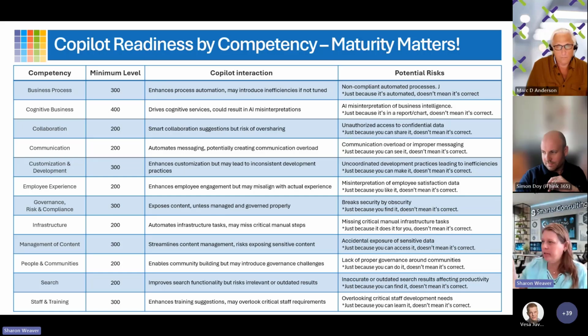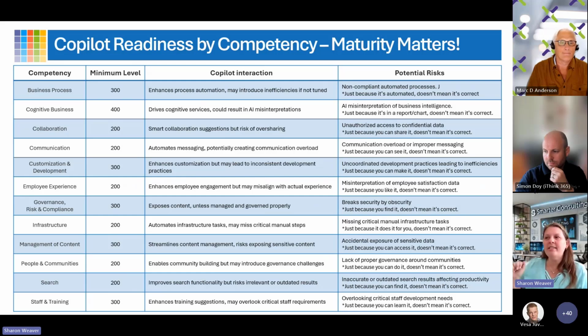And I put over here some little fun bullet points to highlight what I'm thinking at these levels. So think about business process automation. At the end of the day, just because it's automated doesn't mean that it's automated correctly. It also doesn't mean that it's correct stuff, right? If you're not doing it right, you're going to mess things up. Automating a bad process will just make your bad process faster, so just cause more problems.